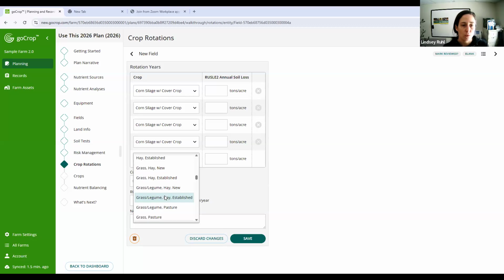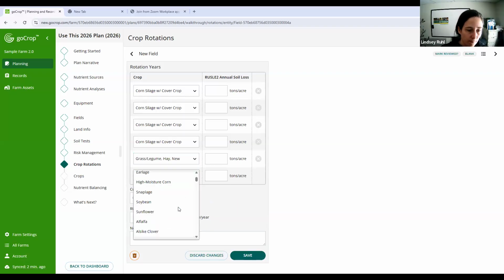here. And one of the things that we'll do when we're updating a plan or creating a plan, we might spend some time going back between crops and crop rotations to make sure that whatever we put in crop rotations matches what we have in crops, right? And then we would need to go back to risk management to make sure that that living vegetation matches within crops. So for this example, maybe I'm going to start having a pretty high legume content when I first start,